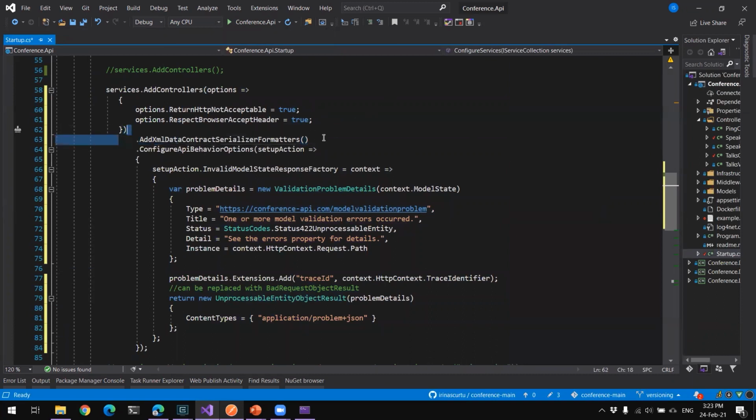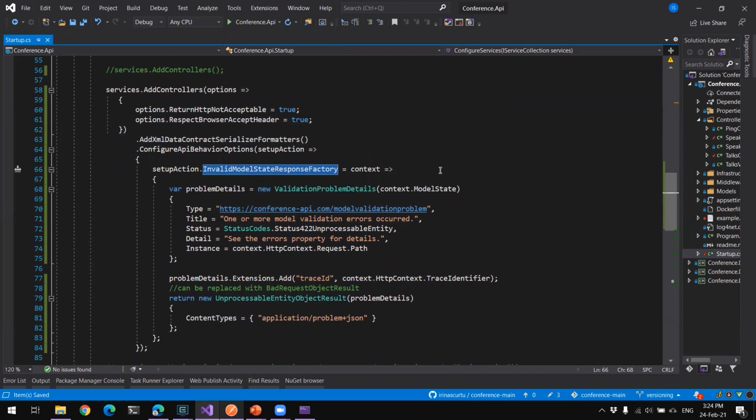So after you add the data contract serializer, you can also configure your API behavior with a few things that are very important and save you a lot of the hassle that you also do in your code. For example, you can configure what happens if the model is in an invalid state.